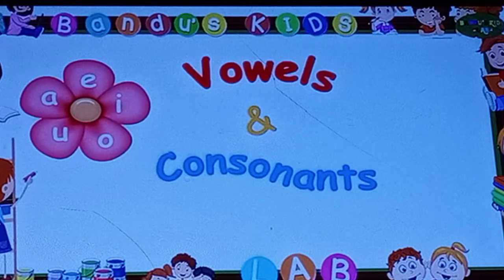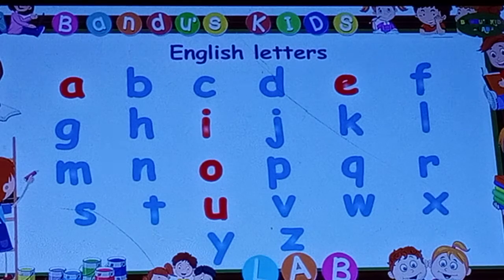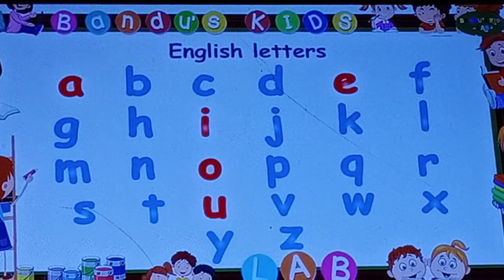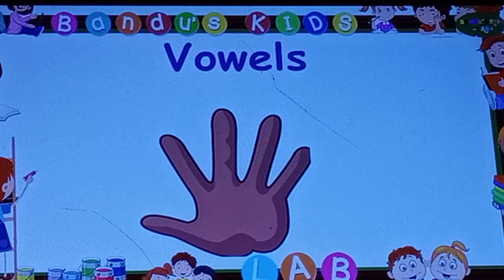Children, today I am going to teach you about vowels and consonants. Are you ready? Let us start our vowels and consonants. There are 26 letters in the English alphabet and 5 of them are vowels. There are 5 vowels: